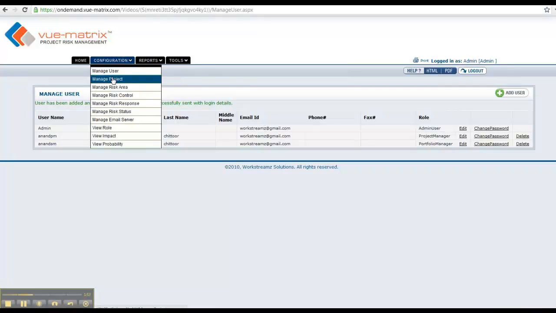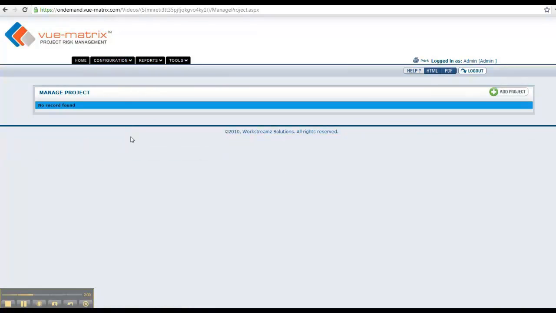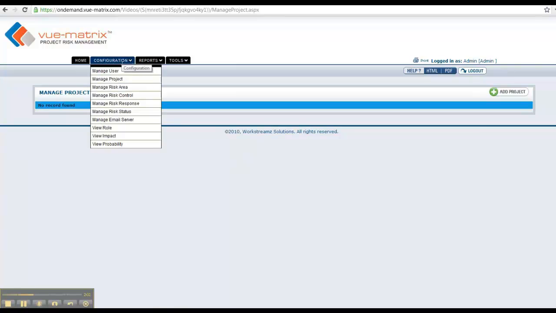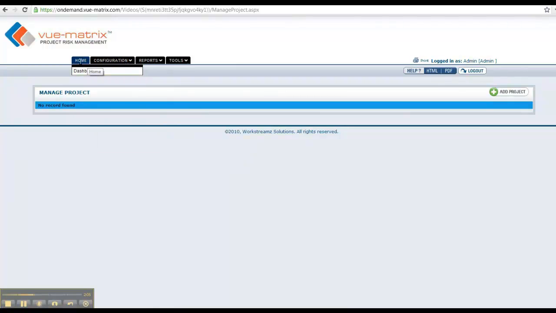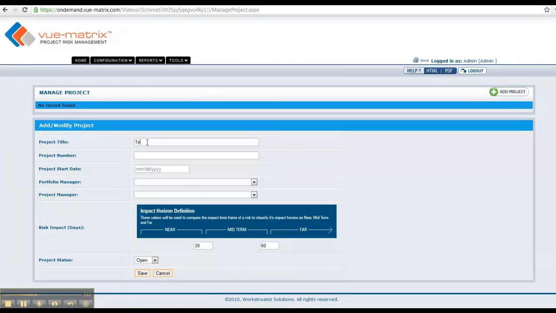Then you have the manage project area where you can add a project. Again, you can access that using the configuration menu, or you can go back to home, dashboard, quick links, etc. Same concept. So manage project, you add a project. Let's call it Anand's project. And you can have a project number. That's an alphanumeric field, so based on company specifications and standards you can call them whatever you want. Your project start date,